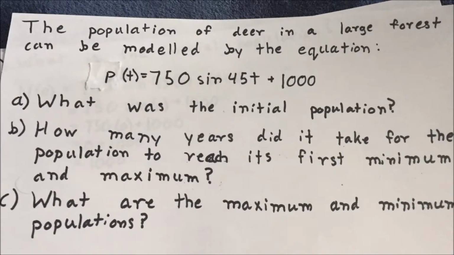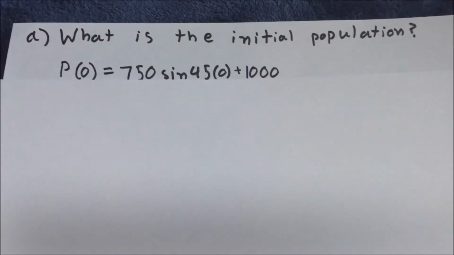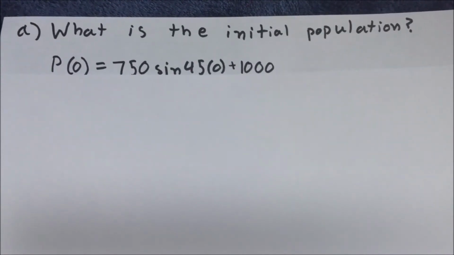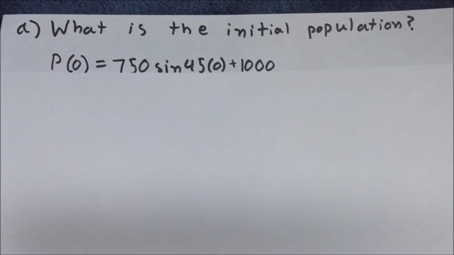The question we'll be looking at for this section is modeled by the equation P of t equals 750 sine 45t plus 1000. This equation represents the population of deer in a large forest. The first thing we've been asked to find is the initial population of the deer. For this, we just need to sub 0 for t in the equation to get the initial population since no